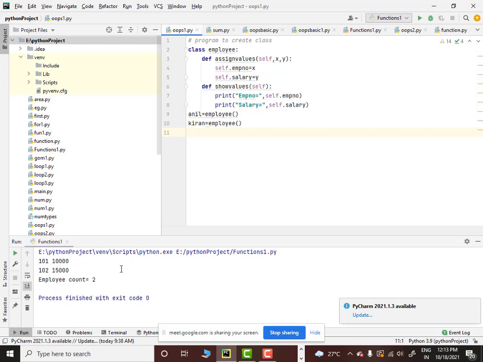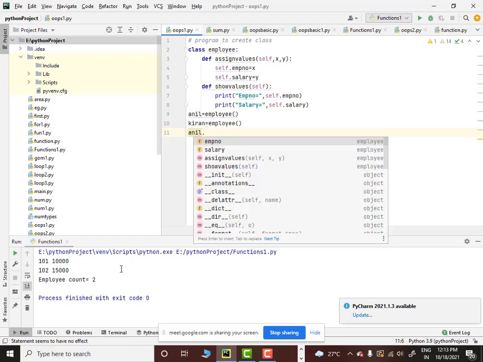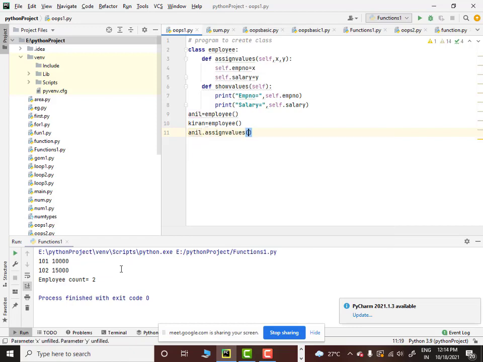Now I have to assign employee number and salary for Anil, and I have to assign employee number and salary for Kiran. So in order to do that, I have to call this method called assign values. So I'll say Anil dot assign values, and I am going to supply the value for x and y only.